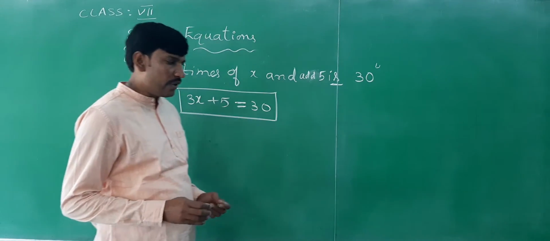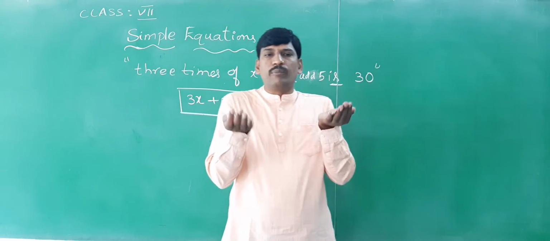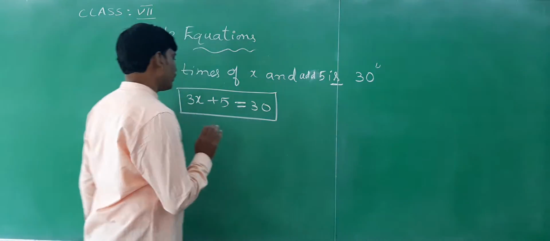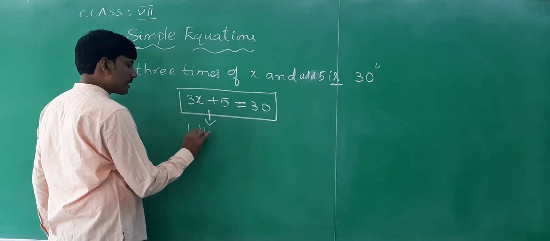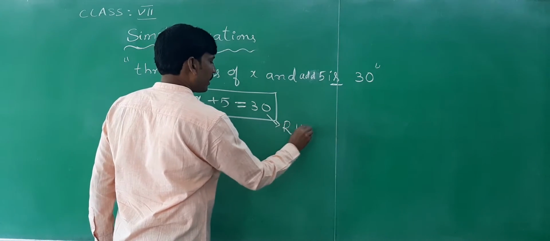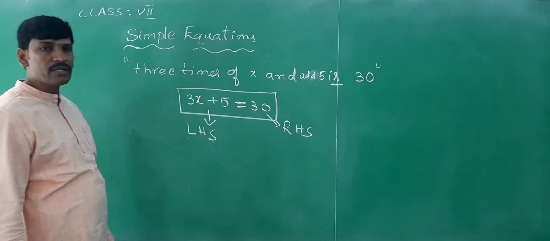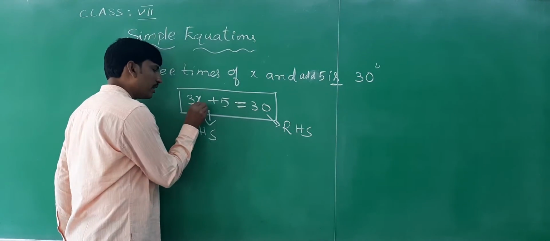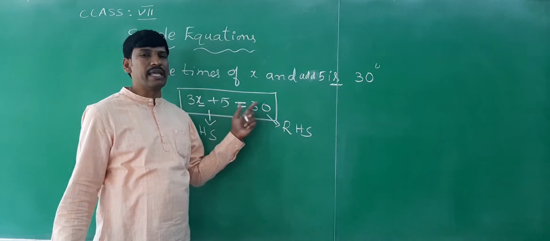That means when you see a simple balance, if both plates have equal weight, then it will be a balanced scale. Both will be equal. Here also the same thing. This part is the LHS, left hand side, and this is called the right hand side. If these two are equal, then we can keep the equal symbol. So how can you equate this? It depends on the value of x here. Depending on the value of x, these two will become equal.